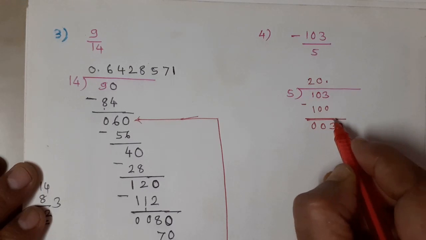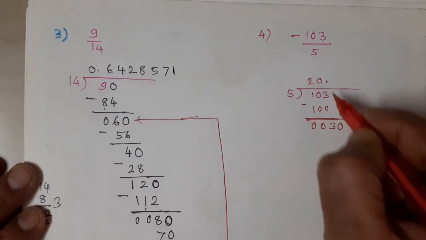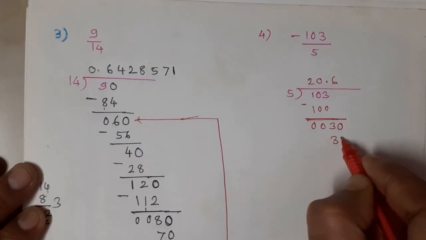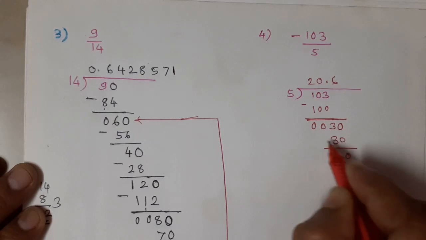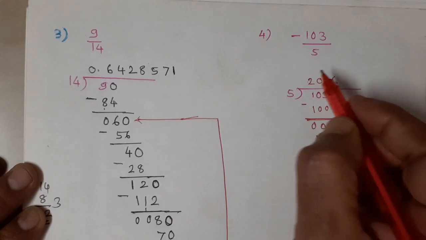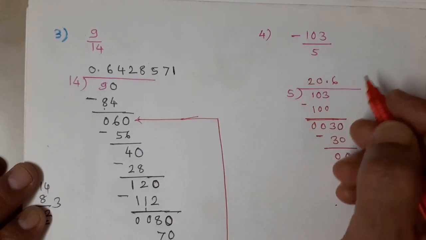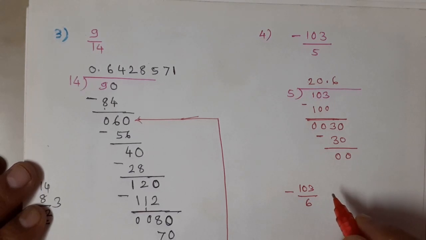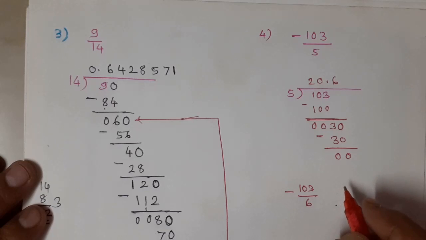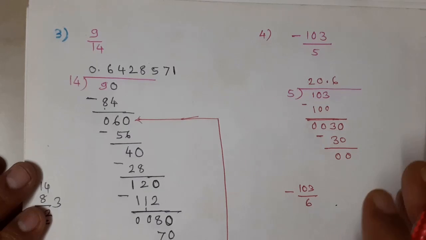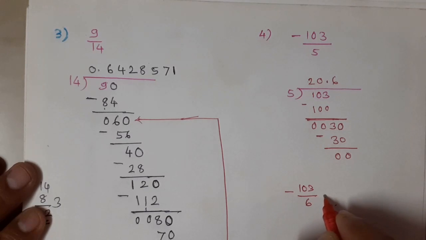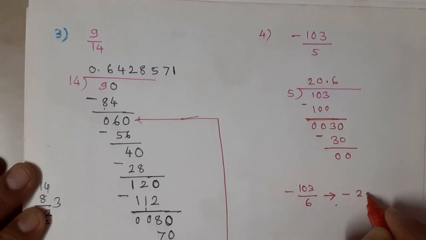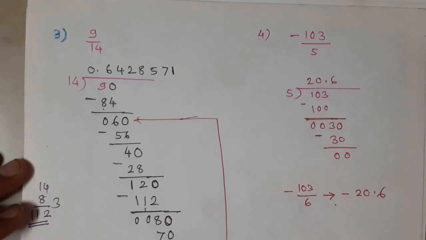So how will the division go? 5 sixes are 30. It will be 30. So your division will be 0 0, subtraction will be 0 0, and your division will end over here. So the result of minus 103 by 5, we are converting this into the form that is called minus 20.6. Then we have to see the fifth example,